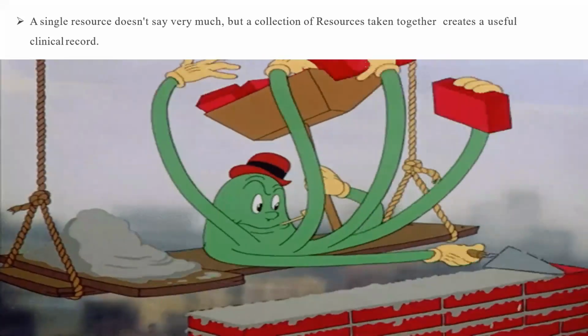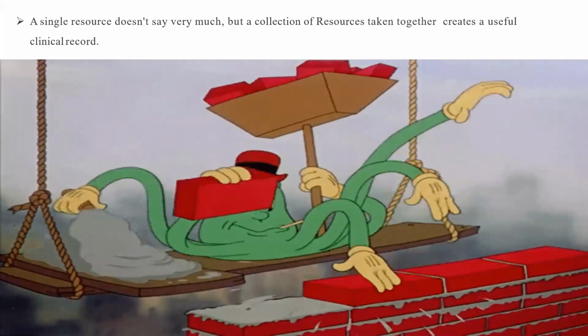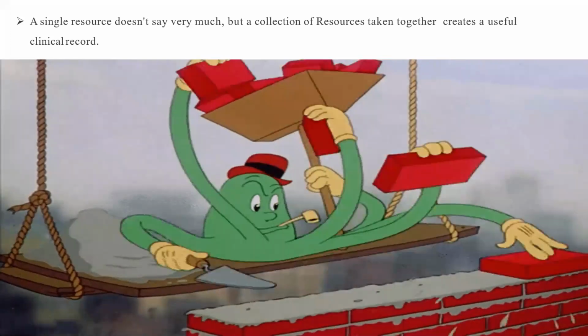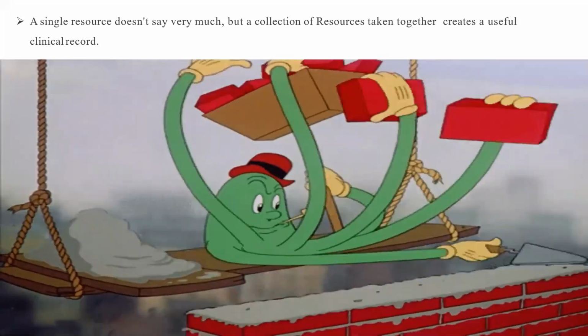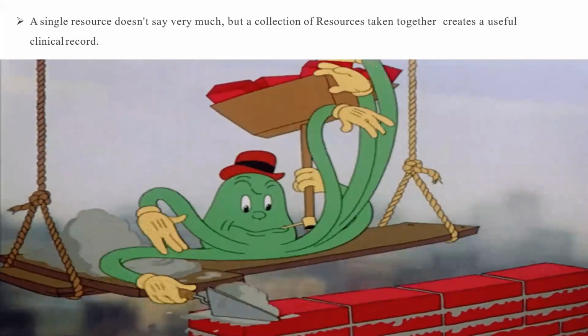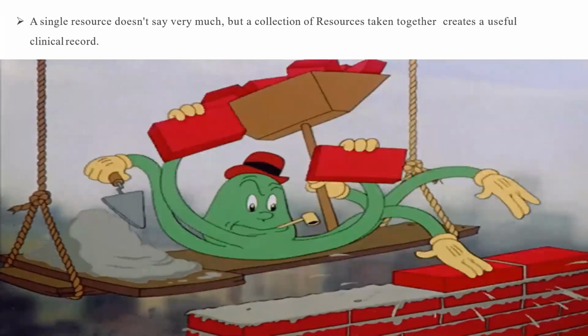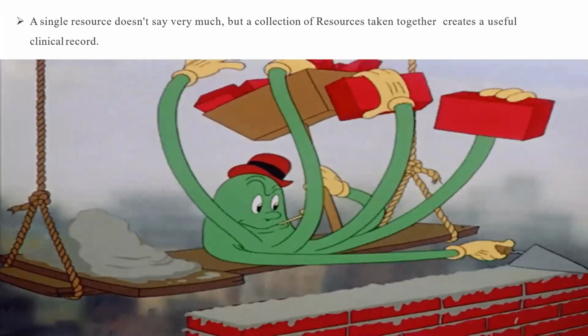If you just pull out one of the forms which gives you order information, will you be able to have a meaningful clinical record? You will just feel that this is just an order of a patient and it is giving you some information, but for which patient it is given, for which appointment, who is the doctor, all of this information will not be present in that order form,